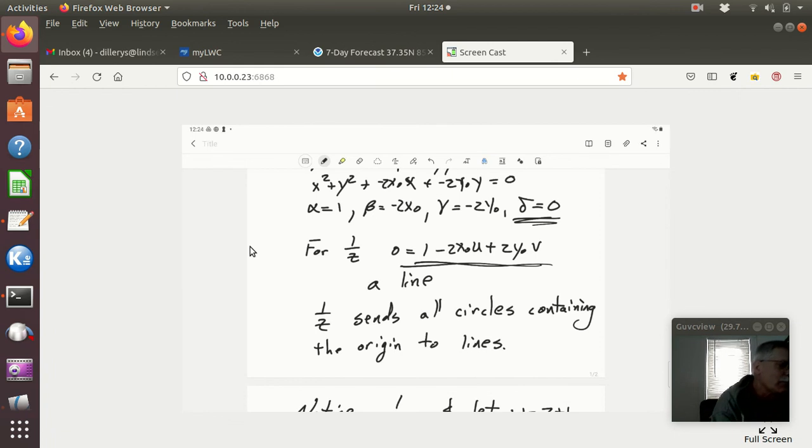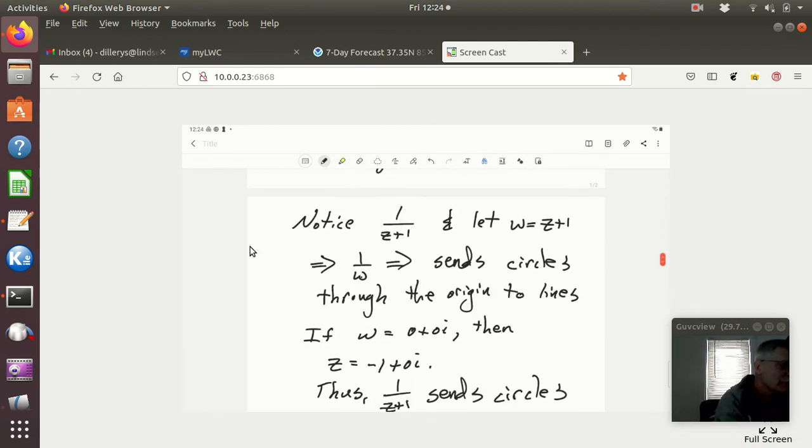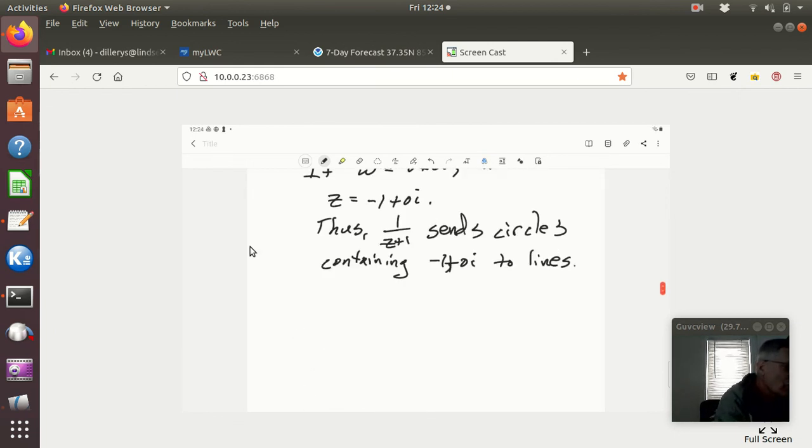And actually, more generally, 1 over z plus any constant, we'll call it c since it's in the complex variables,